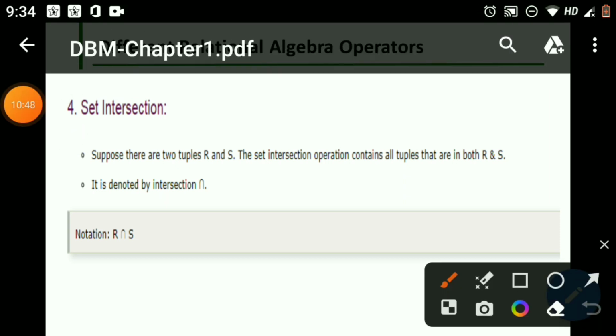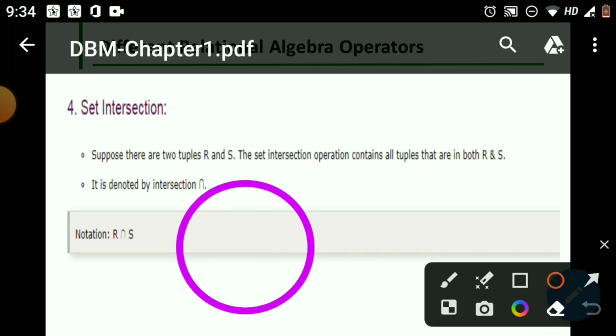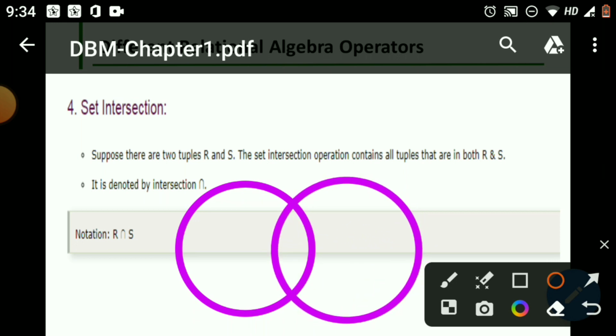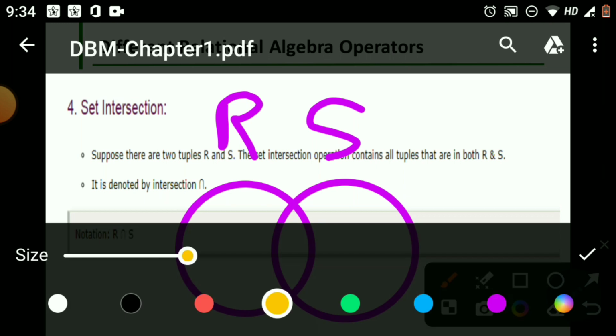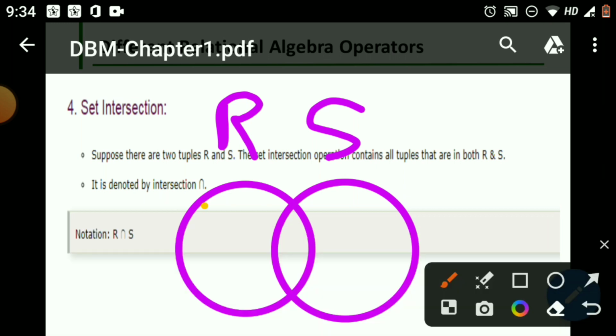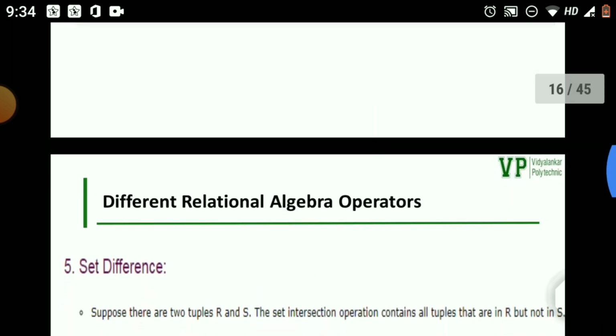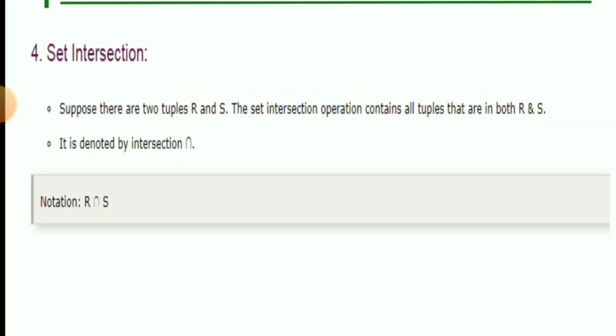Suppose we have one set called R and one set called S. Both have some values 1, 2, 3, 4, and have 5 in common. So intersection means this value 5, where they are intersecting. The notation is R intersection S.